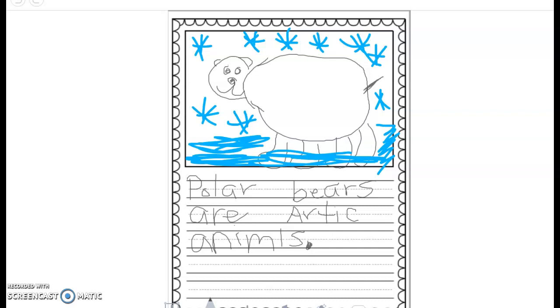Okay, so I'm going to start a new sentence and I'm going to do a new capital letter because it's a new sentence. So I've got to start with my capital, my uppercase letter for they. They is a sight word. I know how to spell it. They. So I don't need any help with that one. They have. Have is also a sight word that I know. Now I have no more room on my line, so I'm going to come to the next line and write